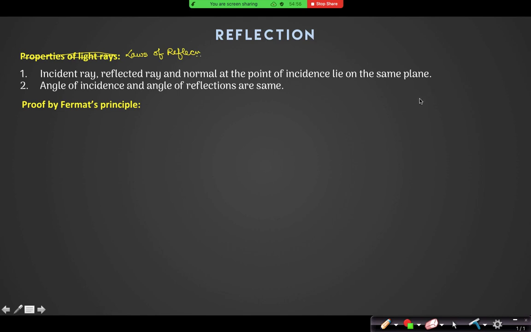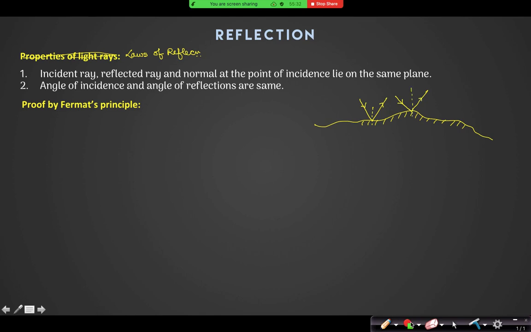Incident ray, reflected ray, and normal at the point of incidence lie on the same plane, and the angle of incidence and angle of reflection are the same. And it is not only true for a plane mirror. Even if you have any curved surface like this, suppose you have a shiny surface like this, if a light ray falls at this point, you will find that the laws of reflection are valid, right? Also, if a light ray falls on this plane, the laws of reflection are valid